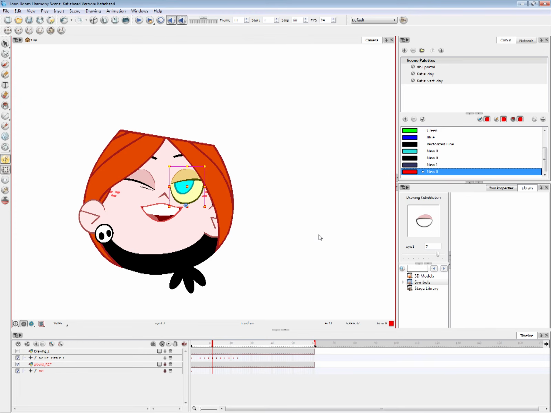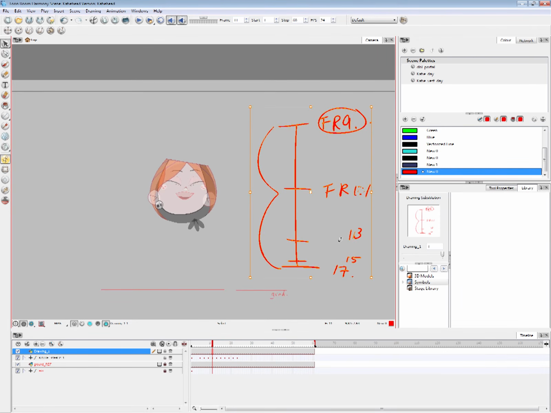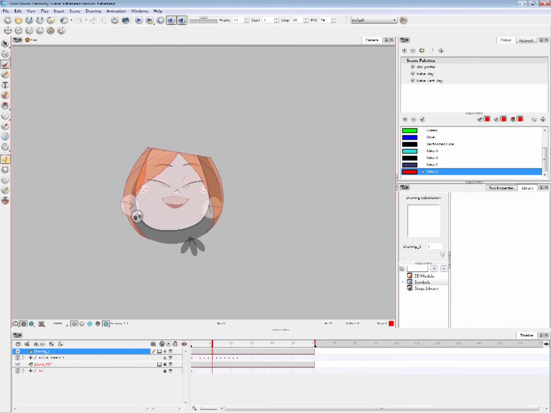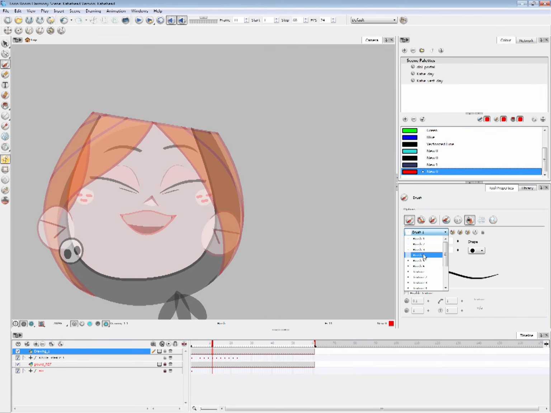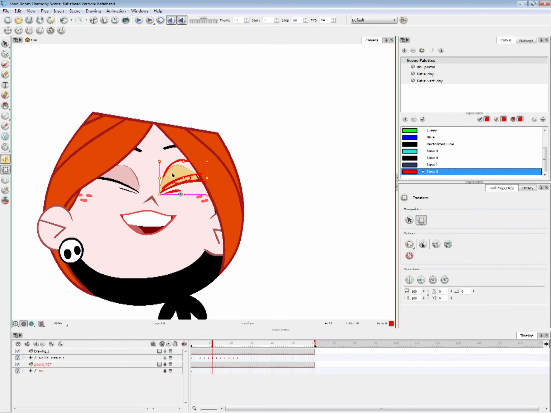What I want is I want her eye to open up a little bit. Something like, oops, sorry. Something like that. So we're gonna draw that frame.